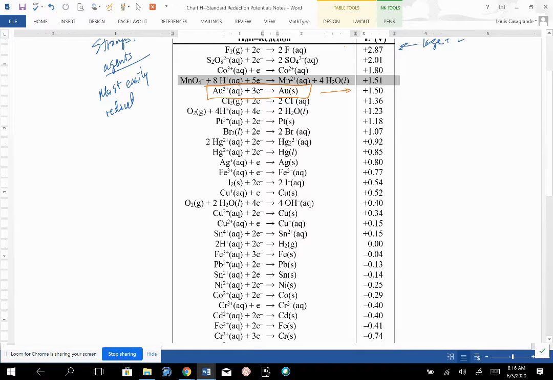Tin and tin 2+, again, be careful of tin 2 plus. There's a tin 2 plus here, but that's opposite tin 4 plus, so that doesn't work. Here's our tin 2 plus and tin metal. Now notice that it has a lower E naught. So it is not as good an oxidizing agent. It is less likely